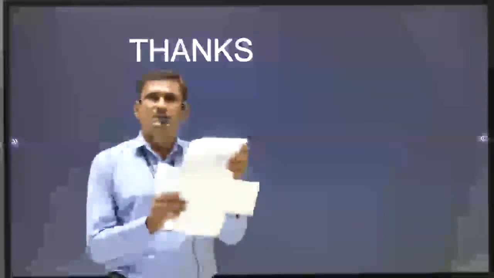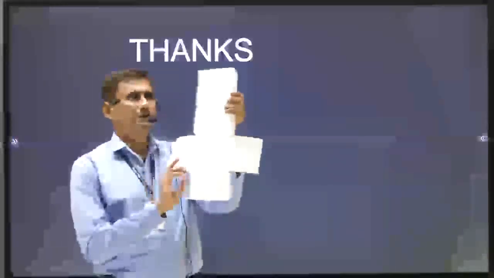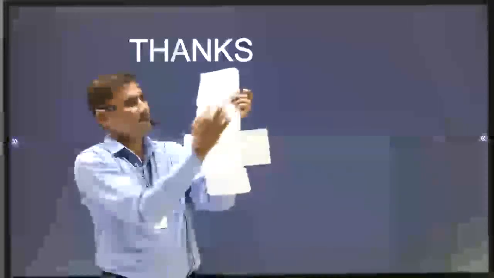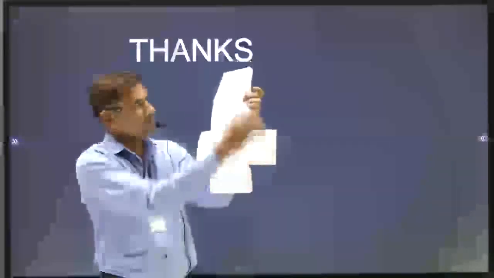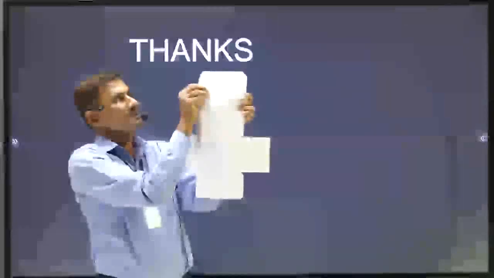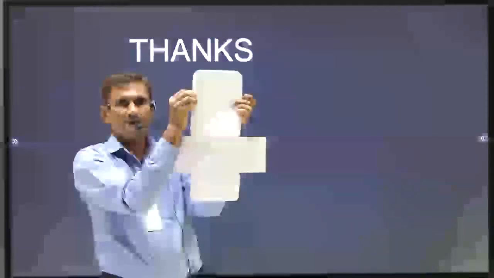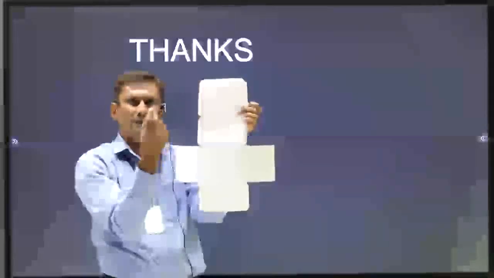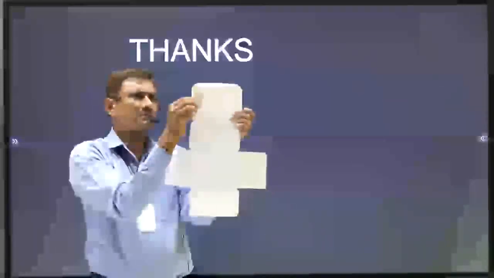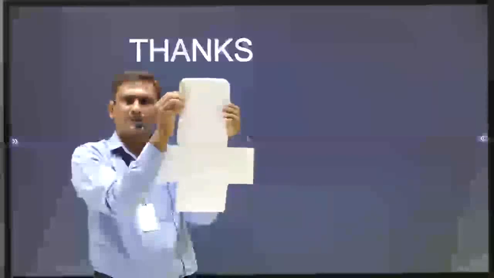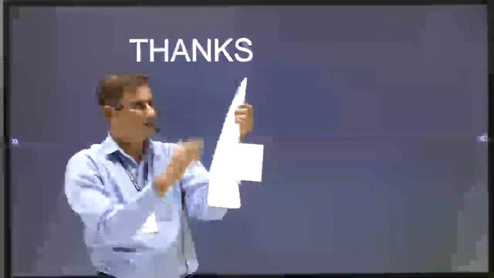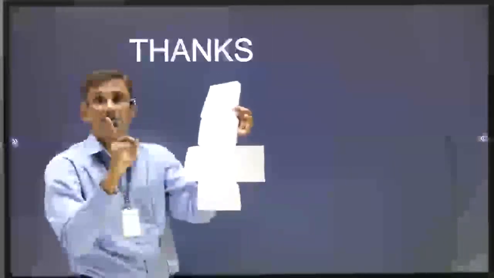Now this is the net for the cuboid. Again the same type of flaps: here left and right, here left and right, here also left and right, and at the top also one flap. You can see how flaps are prepared, of any size, not so much, but hardly half a centimeter of breadth is enough. So again the same type of folding will be there, but here length, breadth and height will be different.